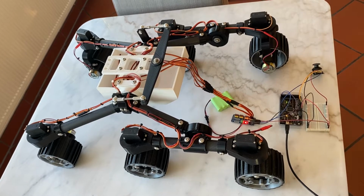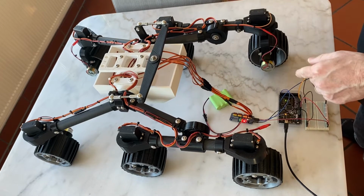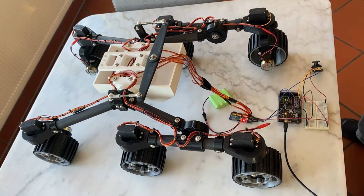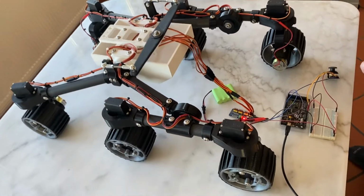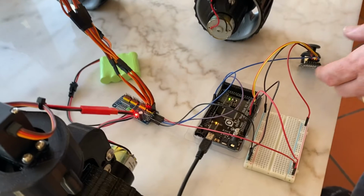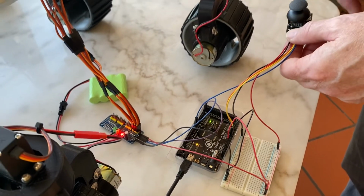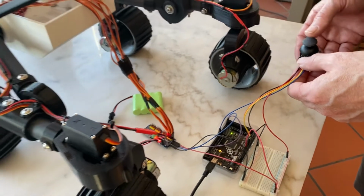Here's a quick demo of the code I've written thus far. This is running on a simple Mega 2560 R3. I also have the PCA9685 in there as well. I tried executing the control with a simple joystick and a rotary encoder, and I decided I liked the operation